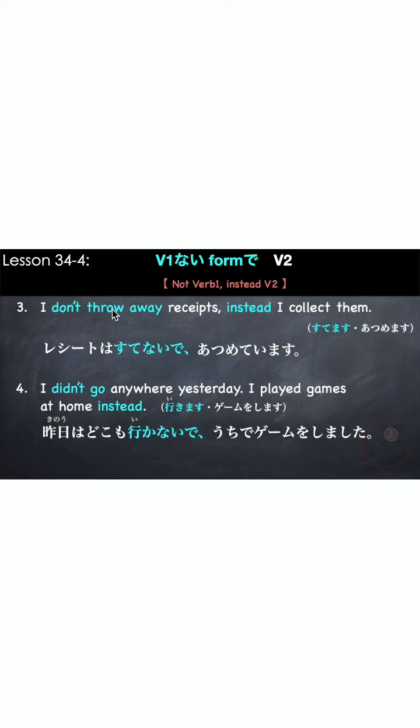This one is in the present tense, while this one is in past tense, but they are still both written in nai form. The second sentence will determine the tense of the whole sentence, whether it's present, past, or future. So, for example, 集めています and ゲームをしました。